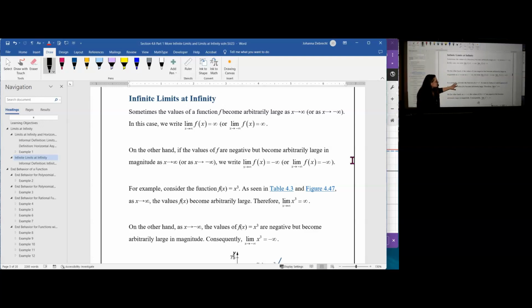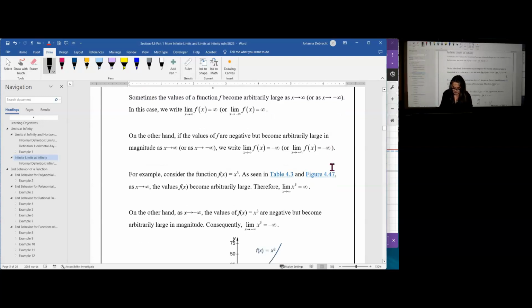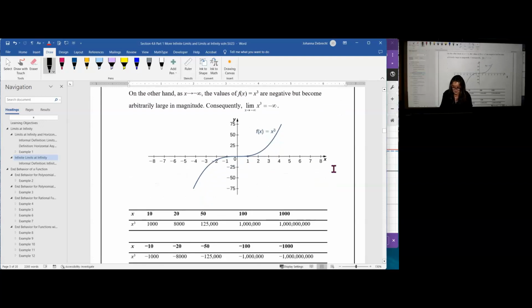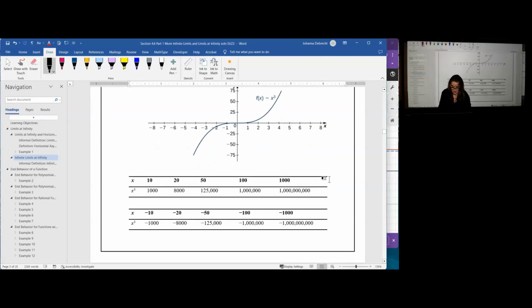Now, we want to take a look at another figure, and we want to look at the values in a table and see what's happening to the graph. This is the graph of x cubed. As we look at the graph of x cubed, scrolling so you can see it all, as we move to the right, you can see that as x approaches positive infinity, the y value also approaches positive infinity. Looking at the values down here, as the x value gets larger in magnitude, the y values get massively larger